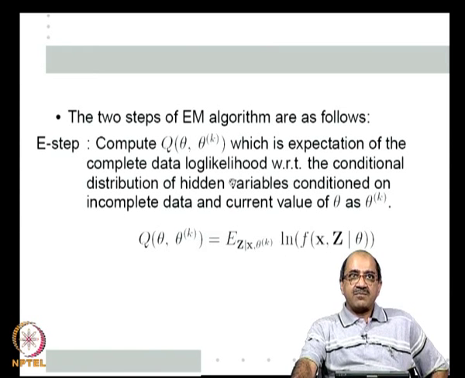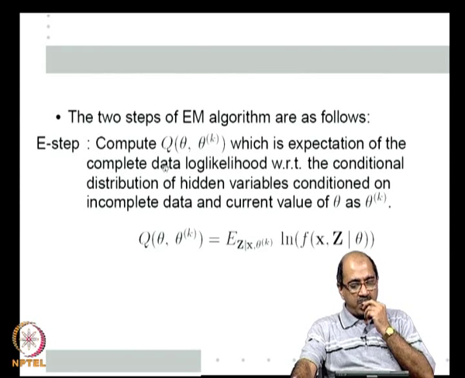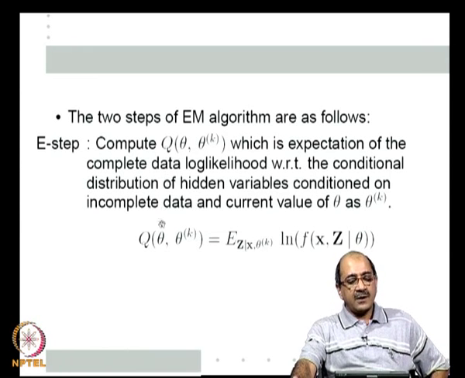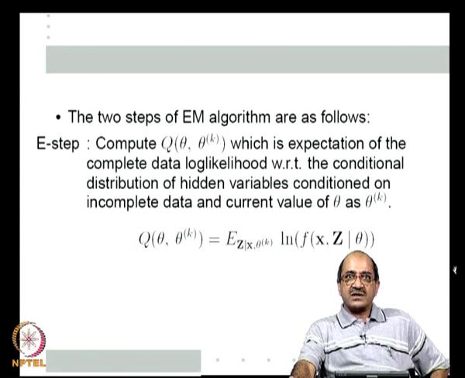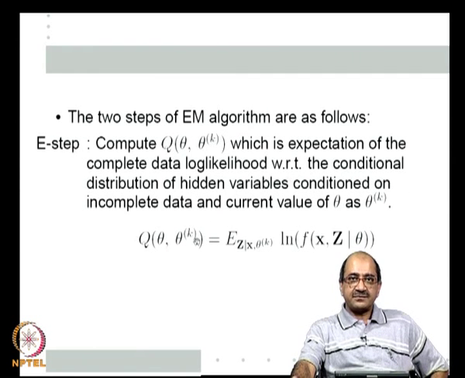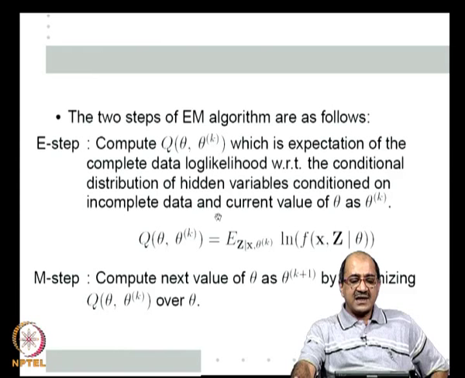So, the first step in the EM algorithm is, in each iteration, given the values of the unknown parameter estimate at the current iteration, we compute this function Q(theta, theta_k). Then the second step, the so-called maximization step or the M step, having computed this function, we compute the next iterate value, that is theta_k plus 1, at that value of theta which maximizes this function as a function of